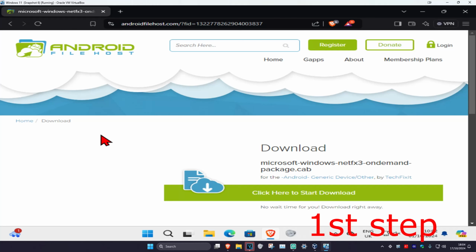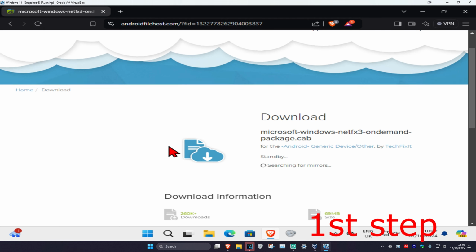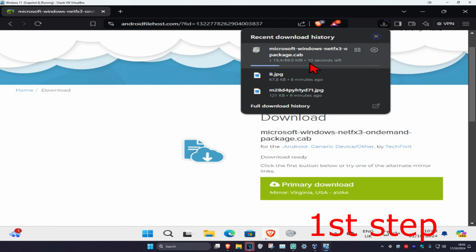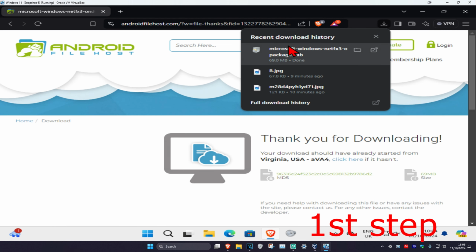So guys, for the first step, you want to head over to the link, which will be down below in the description. Now once you're here, you want to click on download, wait for this to load, and then click on primary download, wait for this to load, and now once you have it installed, you want to right click on it, and